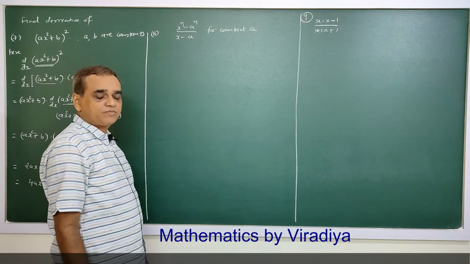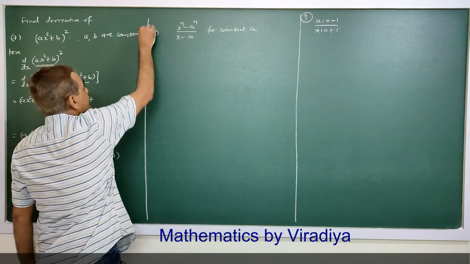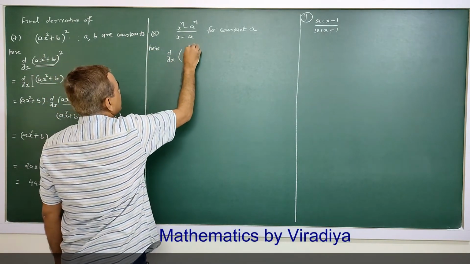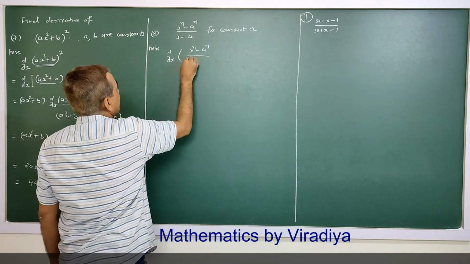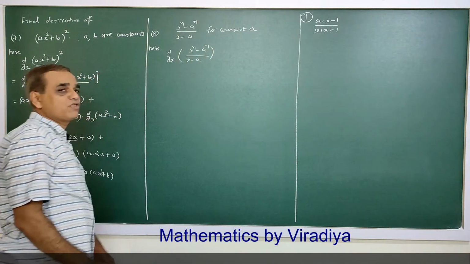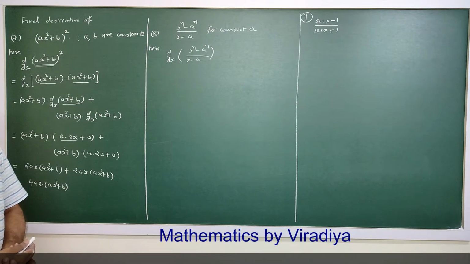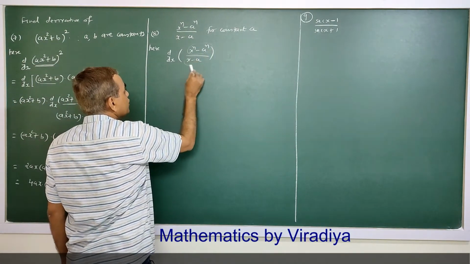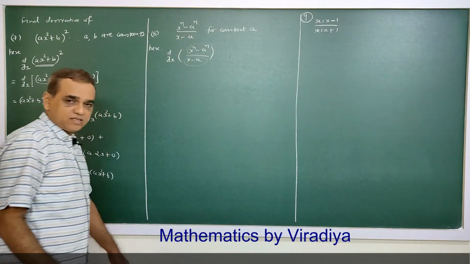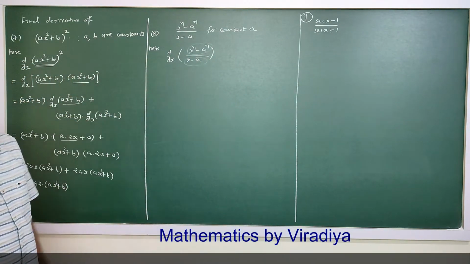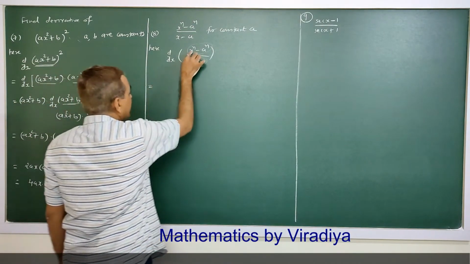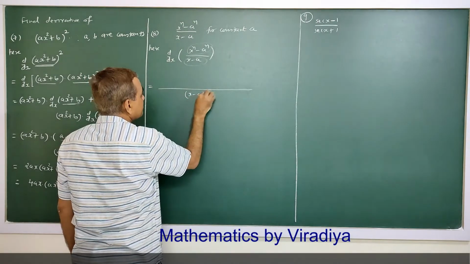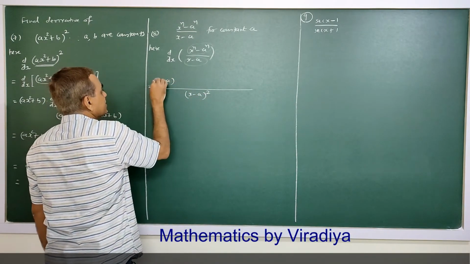Now here, d by dx of x raised to n minus a raised to n upon x minus a. We want the derivative of this function. Here a is constant. This is like u, this is v, u by v. Applying the rule for u by v. So by rule, derivative of u by v is v square, v as it is,